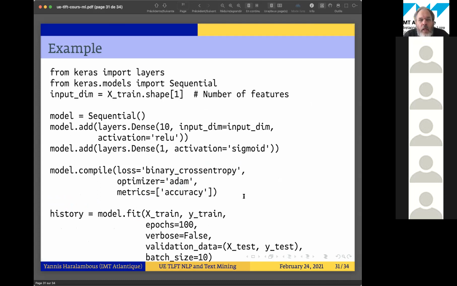You need to install the Keras package and import this Sequential class. Sequential is for forward networks. In the Sequential class, you instantiate a model. Here it is empty, and then you add layers. In our case, we have a first layer,